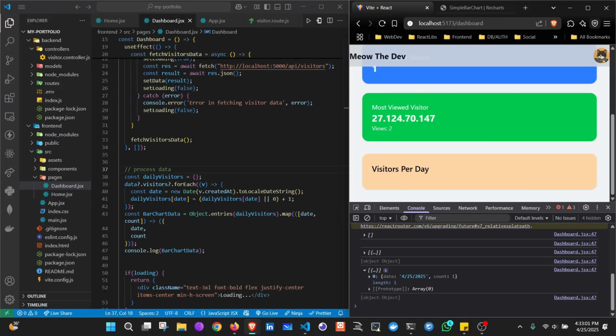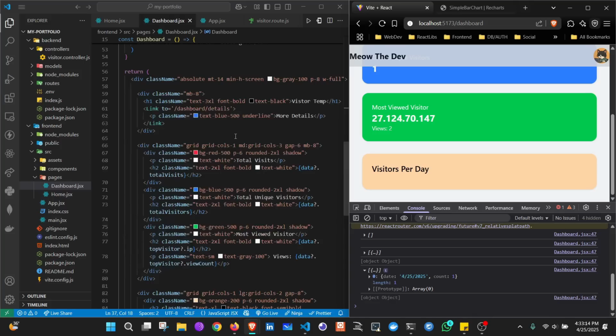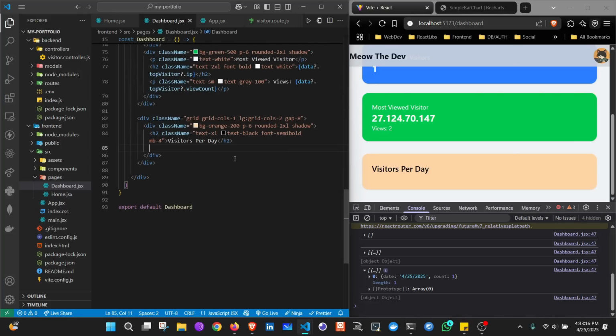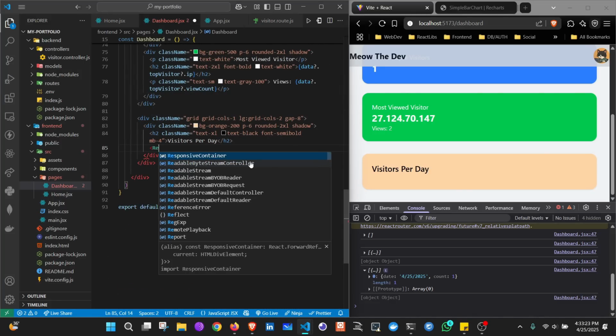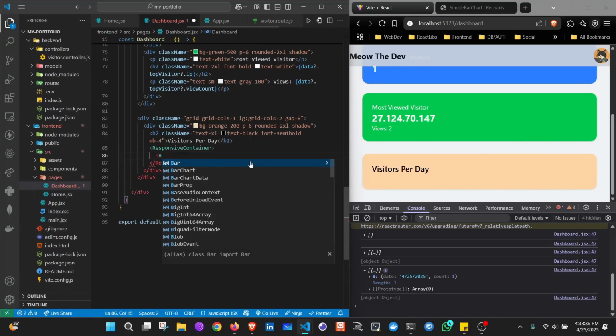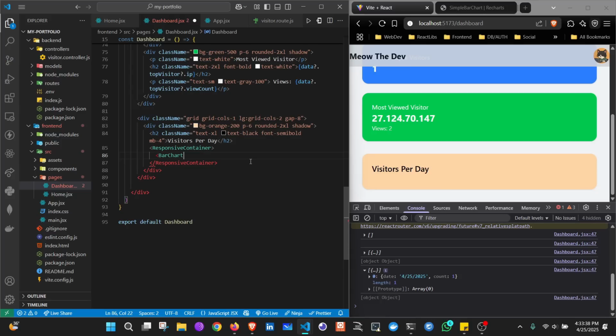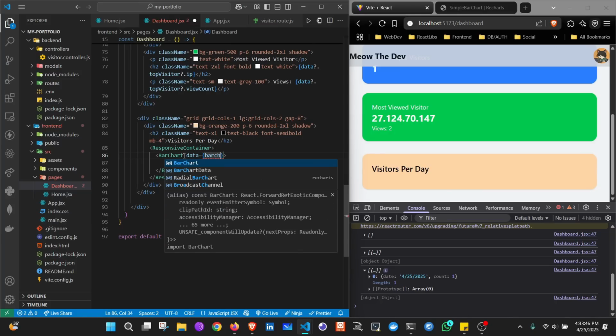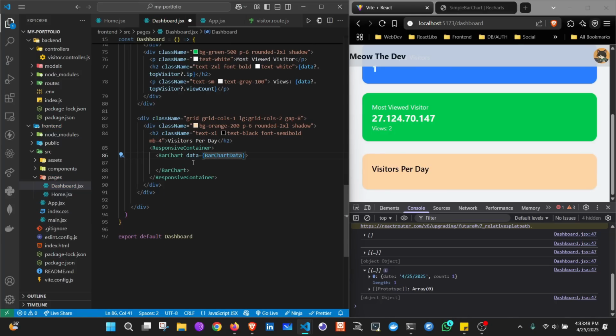Now let us create the bar chart. So go to the div that you created firstly, then we have to provide a ResponsiveContainer because we want the bar chart to be responsive. Then simply create the BarChart tag. Now we have to provide the data, barChartData, then